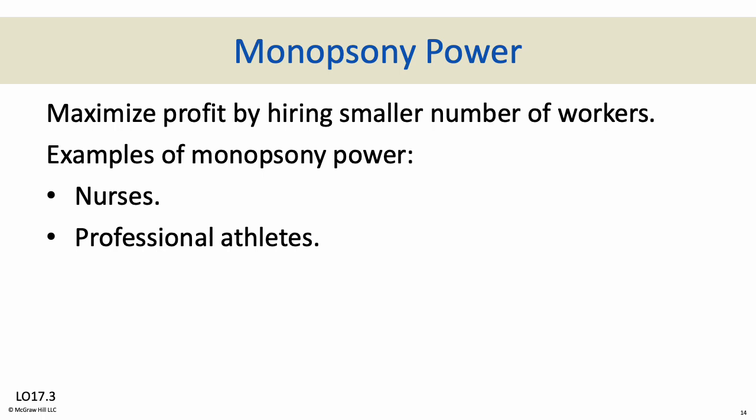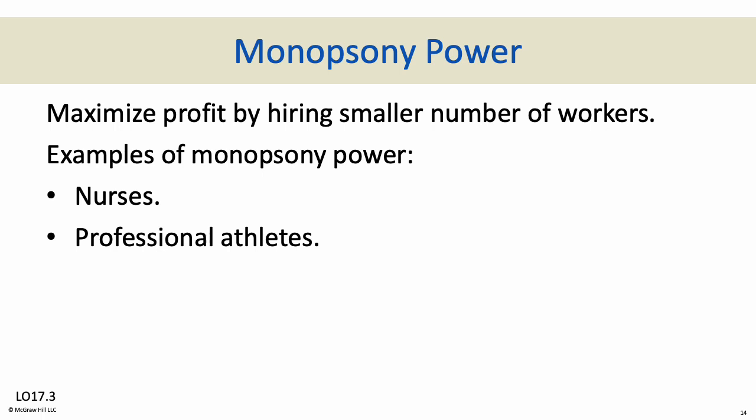Professional athletes, when they're drafted, we're not talking about free agency, we're just talking about when they're drafted and go into the pros. They're limited through their draft to specific employers only. The team who drafts you, you have to work for, barring some weird circumstances if they choose to trade you or something like that. But they have the power over you in the beginning and can pay you generally a lot less than what a free agent gets once they no longer are under a rookie contract. When you become a free agent, that's the market rate. All the teams, if you're a baseball player, are bidding for you. Whereas when you get drafted, you're generally under some pretty fixed guidelines for that initial contract. So that would be an example of a monopsony as well.